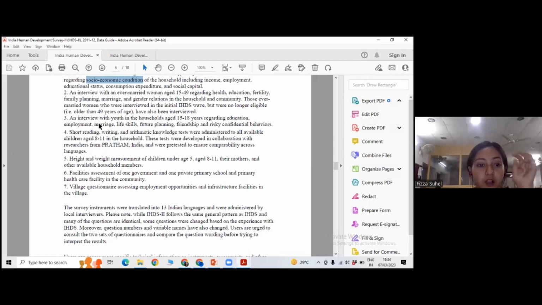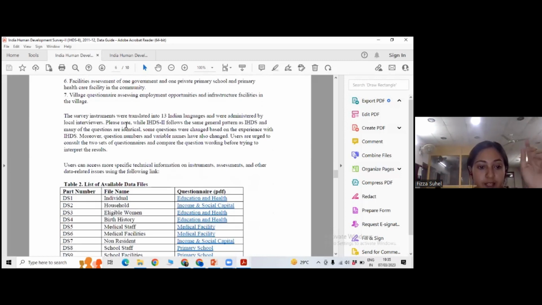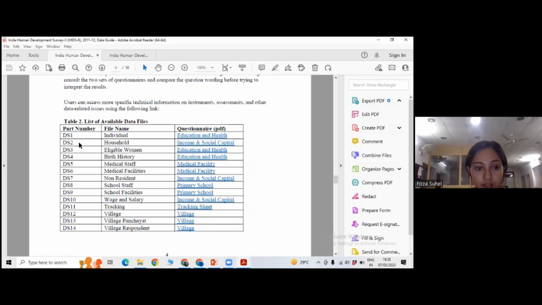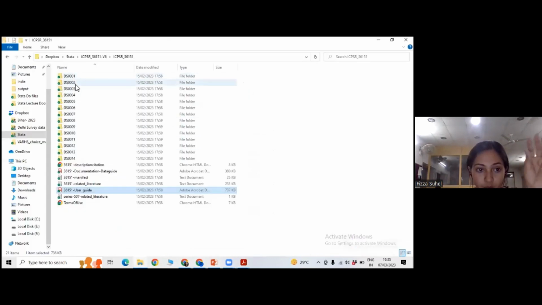Right? So this is what they're telling us about how they were talking to people. This table is the most important table right now because it is helping us figure out what these DS 1, 2, 3, 4, 5 are. So DS1